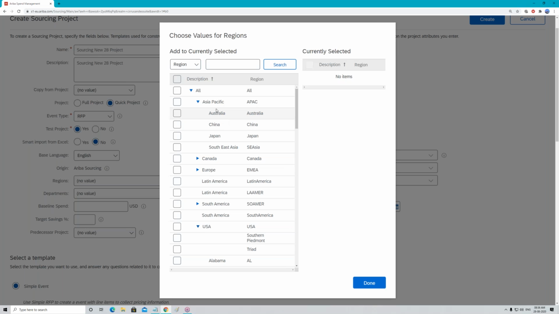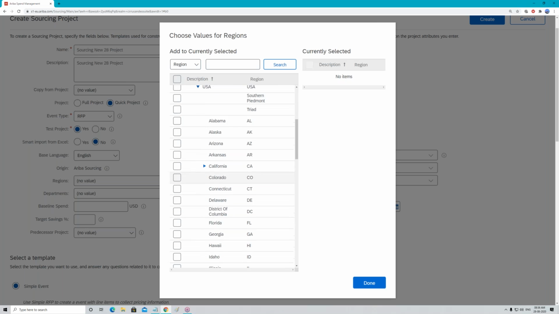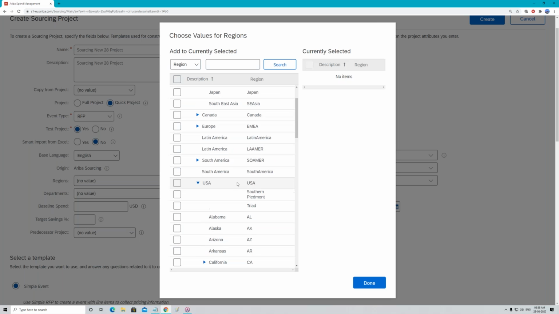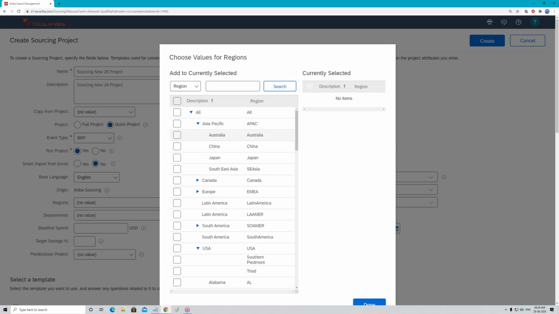Okay. Now basically if you look at the region over here, guys, region is nothing but your geographical location over there. You can see these particular different geographical locations. Now, Manoj, should we maintain this particular master data in Ariba? Yes, this is a master data. I think all of you understand this particular thing. So here comes the answer, guys.